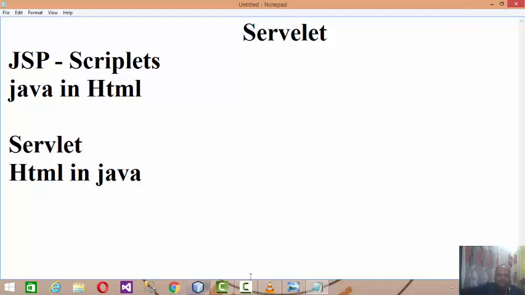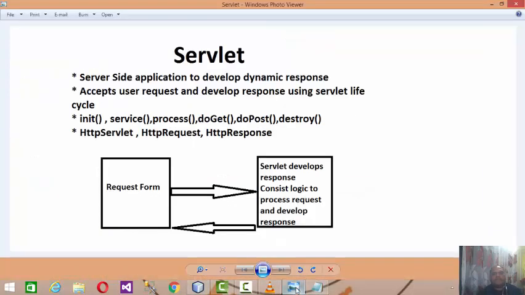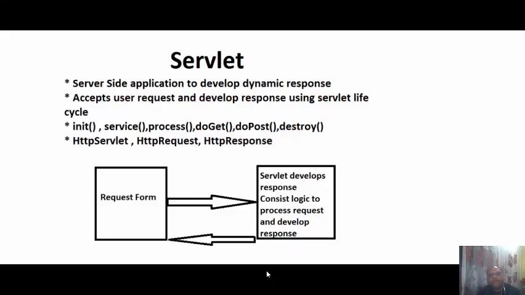Let us go through this diagram. In this diagram, I tried to define the Servlet. What is Servlet? A server-side application to develop dynamic responses. Now, we need to understand firstly what we exactly mean by dynamic response.